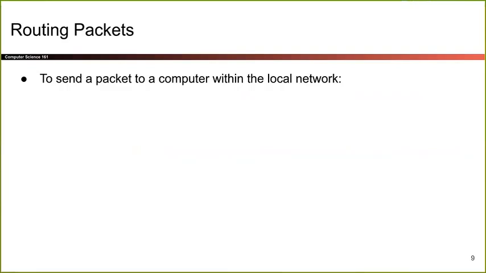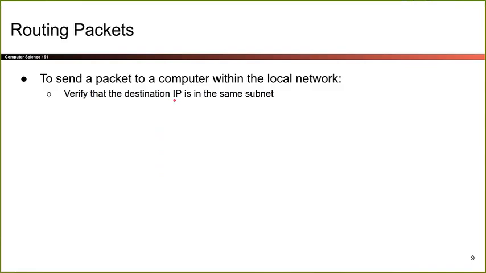So those are subnets. I don't think they're too important to memorize or anything, but they are useful for routing packets. As a quick review again, the way we route packets is, if it's in the local network, then we're done because we already have a connection to anyone in the local network. So all we have to do is first verify that we are in the same subnet as the destination IP.